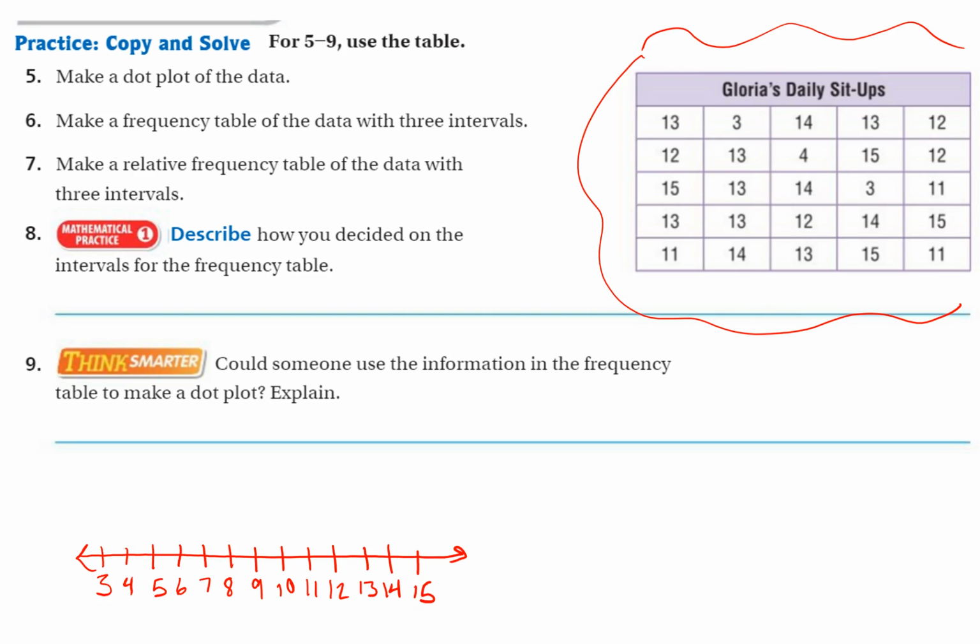Okay, so let's start with the 3s. There's 1 3, 2 3s. So we put 2 dots above the 3. Let's go with the 4s. 1, 4. 5, no 5, 6, no 7, no 8, no 9, no 10, no 11, yes, 1, 2, 3, okay, 12,